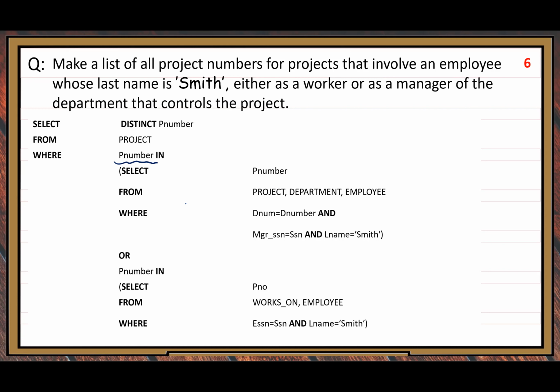Select from P number, project, department, employee, because here you want to describe the department manager whose name is Smith. So you need to use the department table. Okay, so the table join